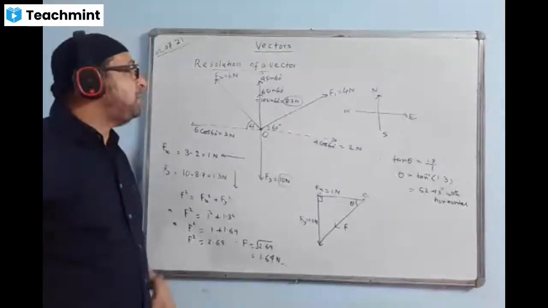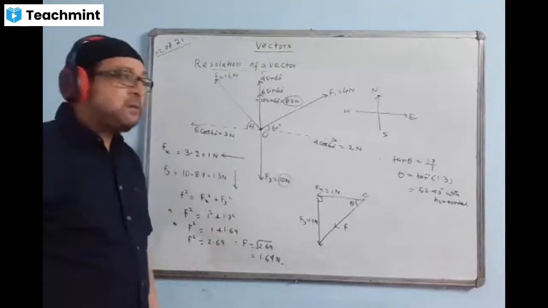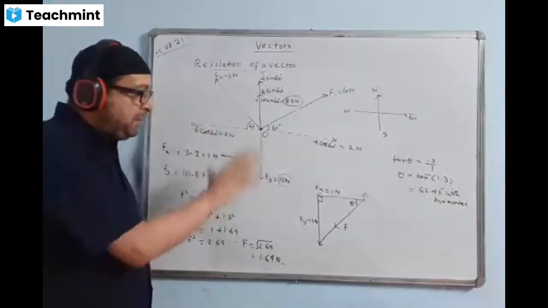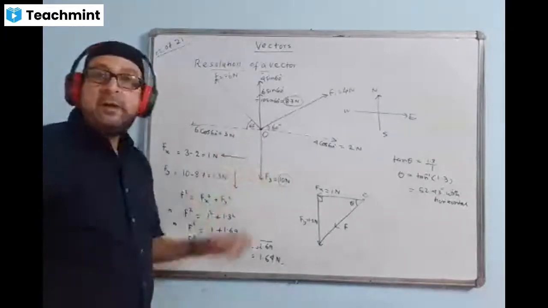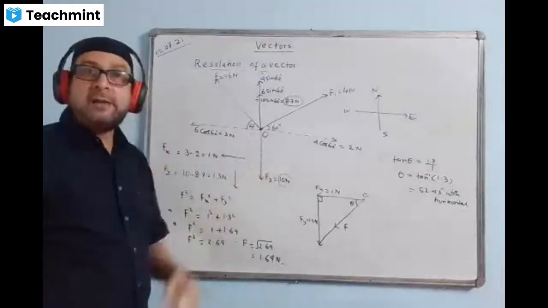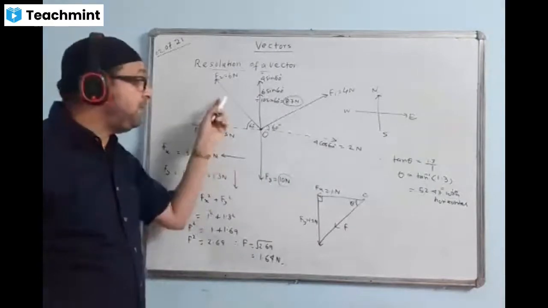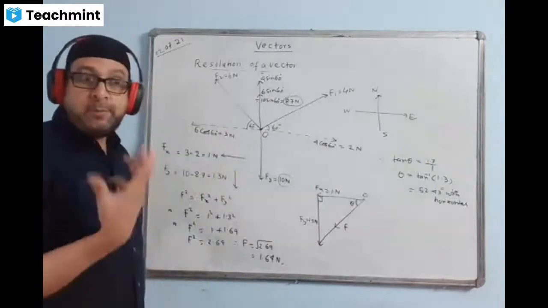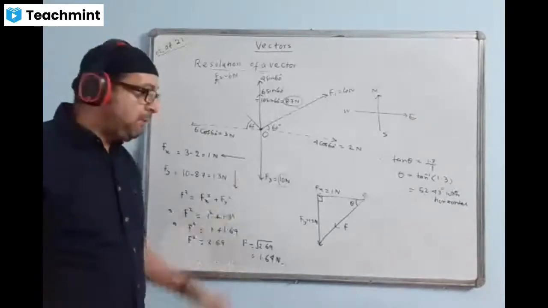The concept of resolution of vectors is very, very important. That's why I explained it in detail, how we break it and how we find the total resultant, because this will carry on in your higher classes, even in class 12 and college level. You will be required to break into components, see what values come, and find the total resultant. This is a very important concept.